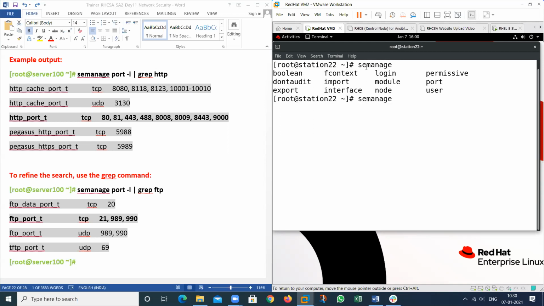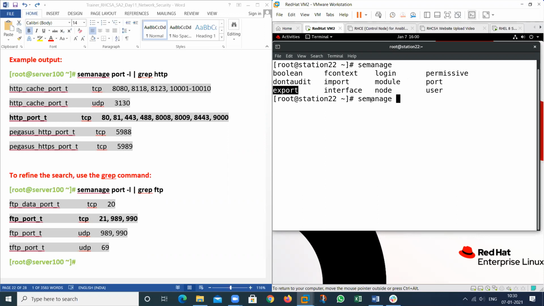So you can see, not only ports, there are different things that we can manage by using the semanage command. We can also manage booleans, file context, login, permissive, audit, import, module, port, user, node, interface, export.